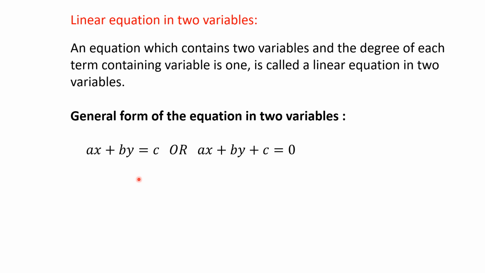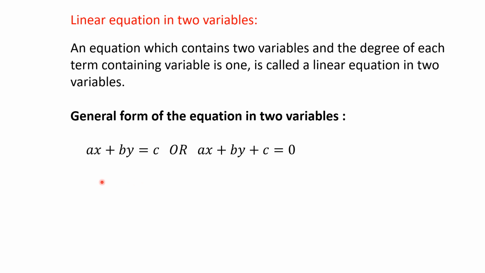Now in this chapter we are going to solve two or more equations simultaneously. That means we are thinking of two or more equations at the same time, and therefore they are called simultaneous equations. We are solving two equations, we are finding the solution for two equations. So they are called simultaneous. Simultaneous means at the same time.